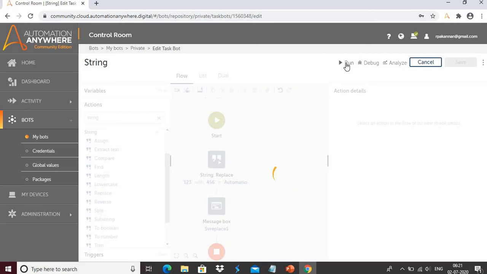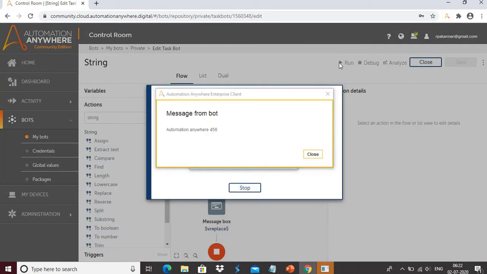Now you can see the result. Done. We have received the message box Automation Anywhere 4 5 6. Initially in the source string we provided the value Automation Anywhere 1 2 3, but this message box displays Automation Anywhere 4 5 6, which means it replaced the value 1 2 3 with 4 5 6.